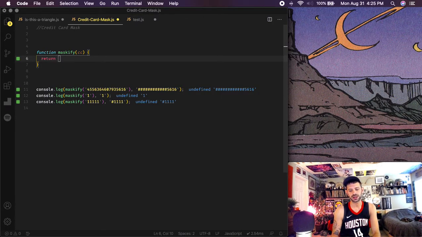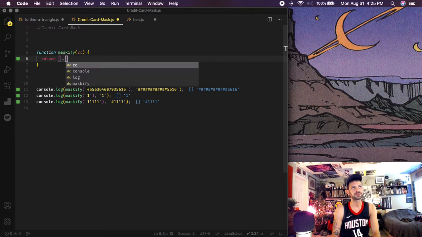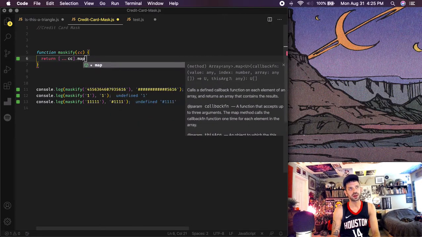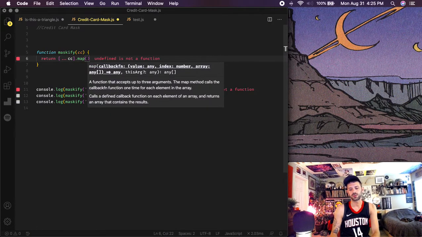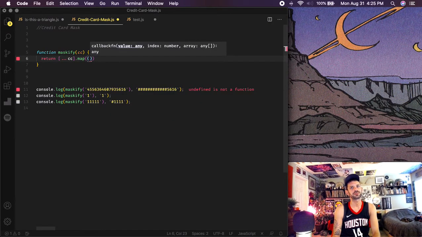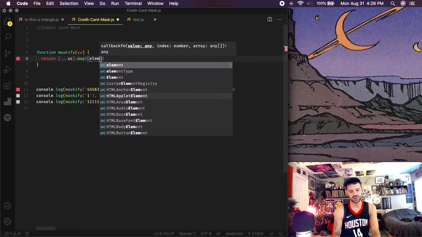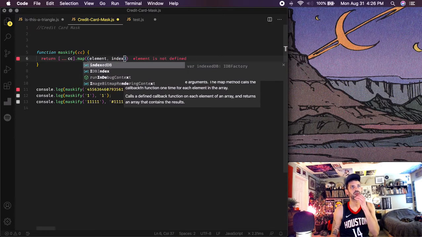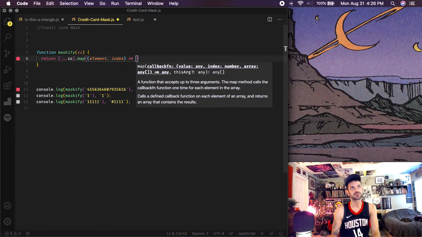We want to spread it out, so we'll say dot map, we'll call it our element, and our index, and then we want to say